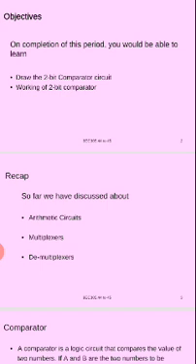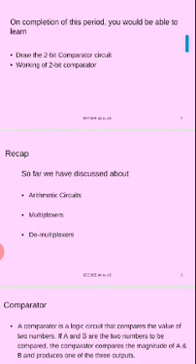In that encoder, we discussed the 4 to 2 encoder and the 8 to 3 encoder, and their corresponding truth tables and corresponding logic circuits were discussed in the last class. In today's class, we are going to discuss the